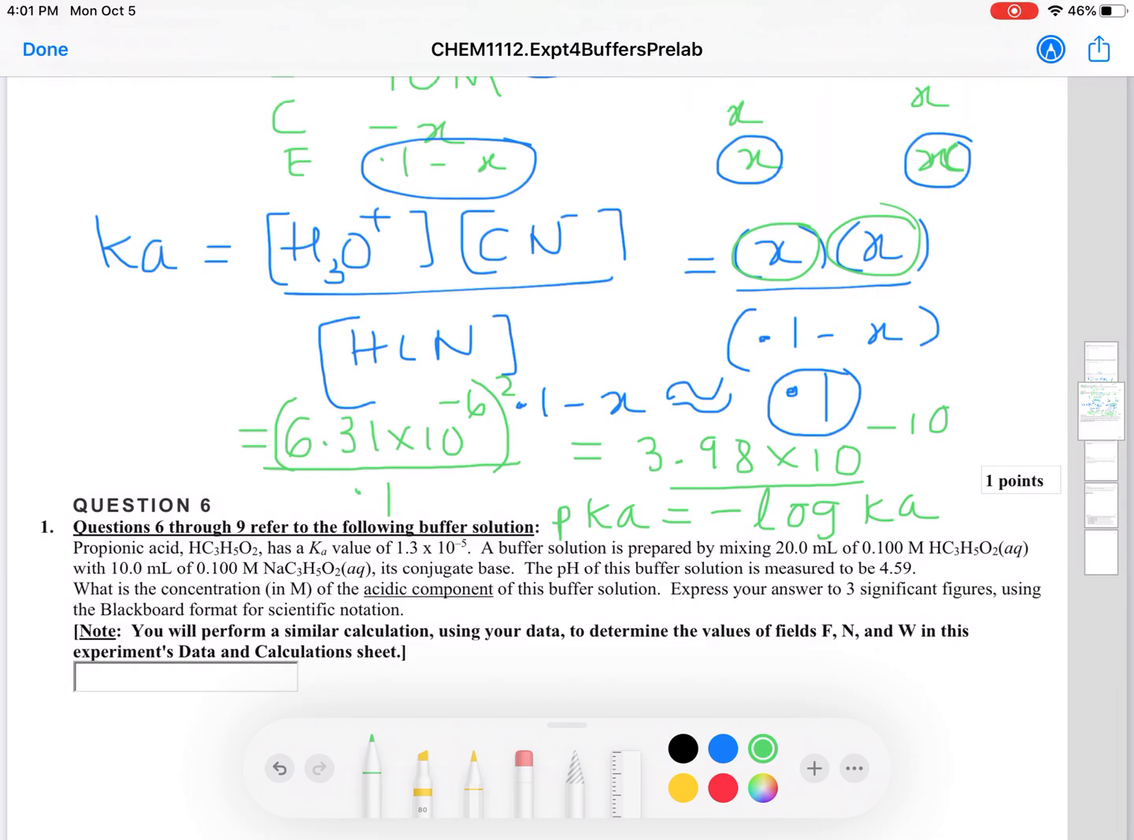Okay, and express your answer in two significant figures. So get the log. This is what you need to do: pKa equals negative log of 3.98 times 10 to the negative 10. Okay, so that's how you find pKa. Okay, and then let's